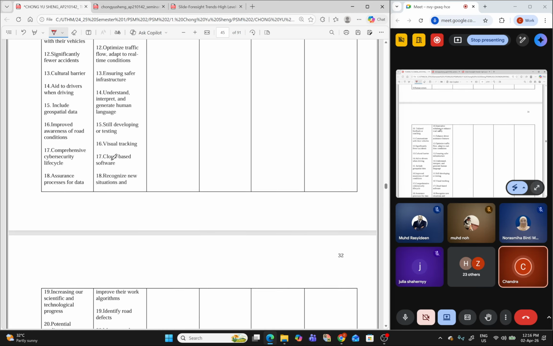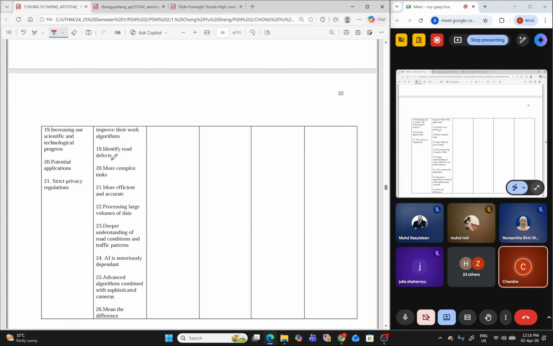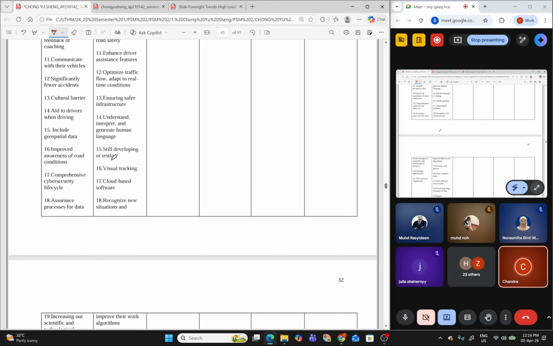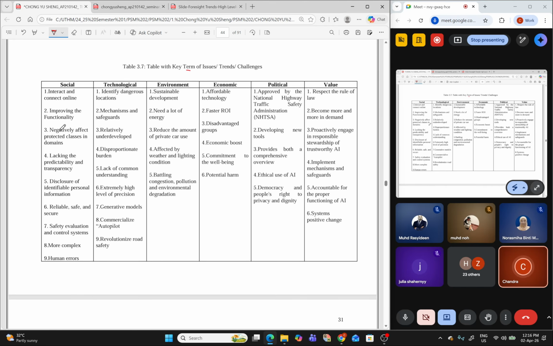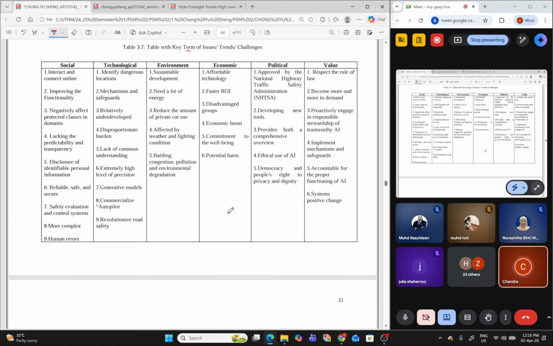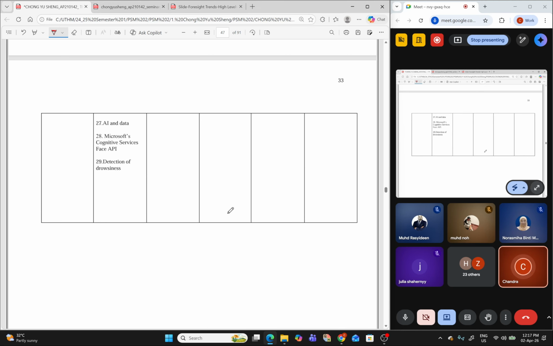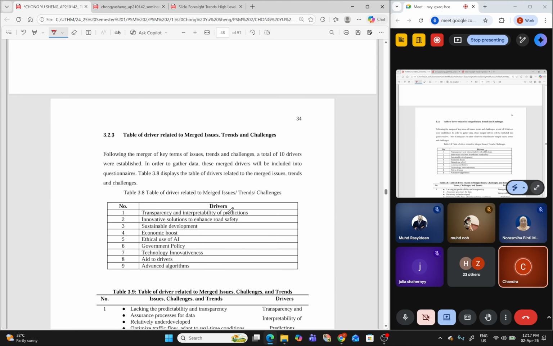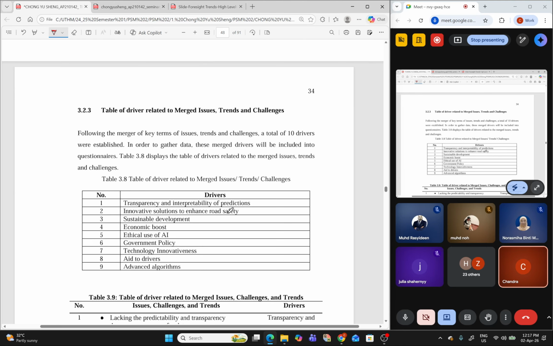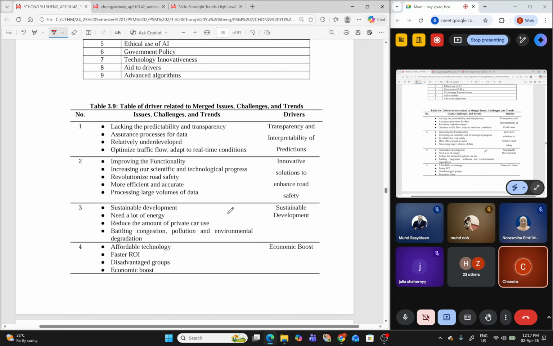Lepas ini you akan duduk bersama pensyarah ataupun penyelia. You akan duduk dengan penyelia SV you ataupun SV you suruh buat dulu. Apa you kena buat, you baca semua keyword ni, you read all these keyword and see whether you can combine any keyword or not. Okay, not all the keyword you can combine. Okay, for example, you see, this is the thing.